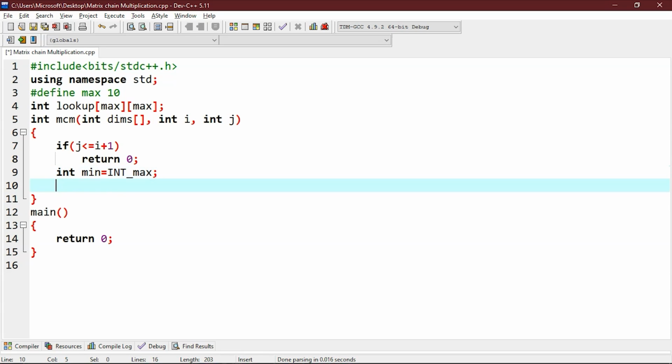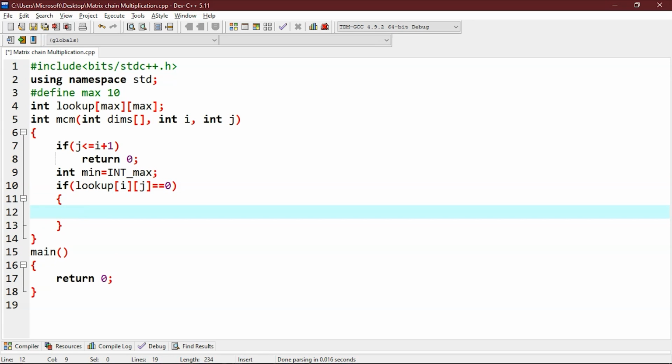Now if the subproblem is seen for the first time, then we will solve it and store its result in the lookup table. So if lookup at i comma j is equal to 0, then we will take the minimum over each possible position at which the sequence of matrices can be split.